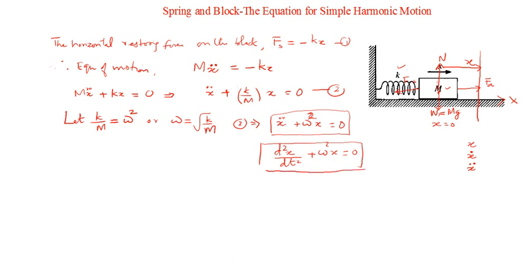Both these equations are two different ways of writing the same equation. Then equation number 3, represented by either the first form or the second form, is known as the differential equation